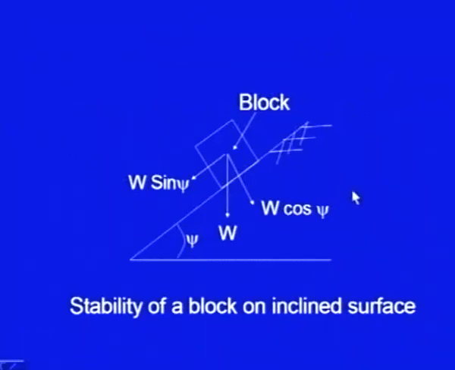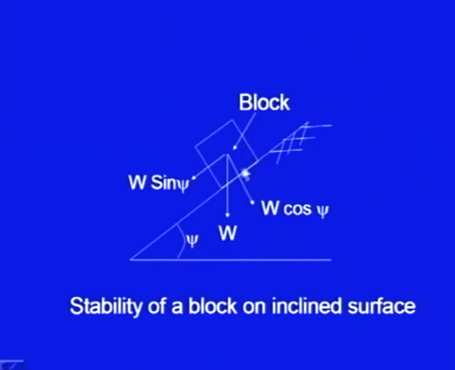Let me try to explain how we look at stability. It is a simple example, not from the slopes, but to make it clear, I have taken a simple mechanics problem which you have solved in your intermediate classes. It is an inclined surface having some roughness, represented by friction coefficient mu, and there is a block which is kept over this surface. This inclined surface is making some inclination psi with the horizontal,